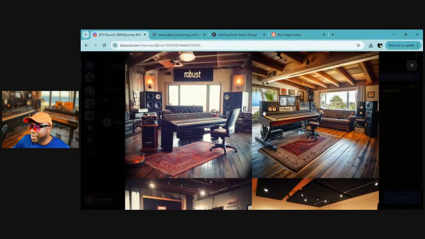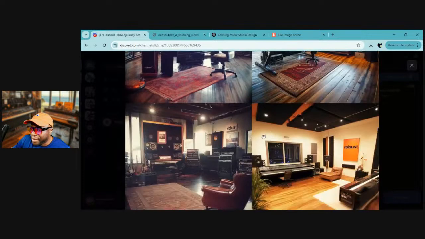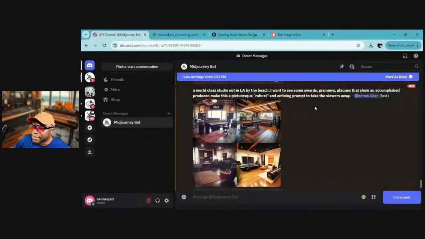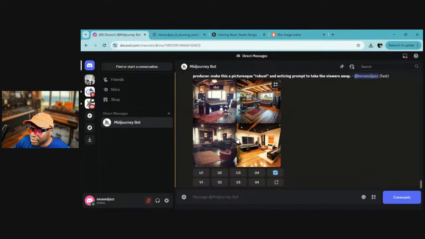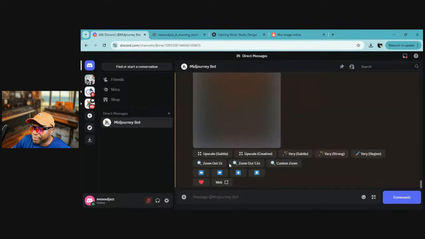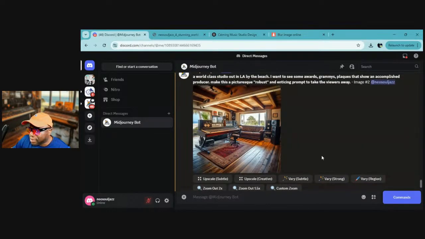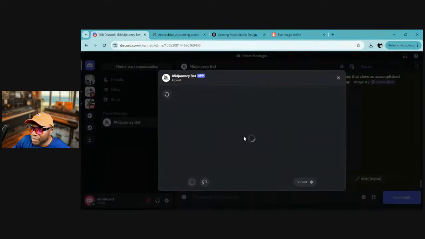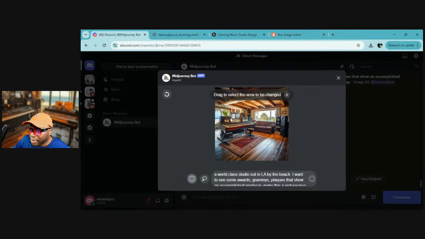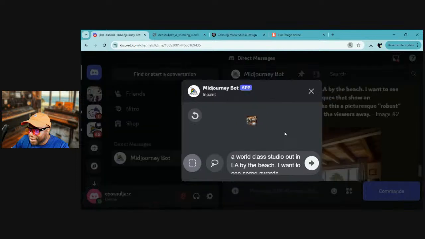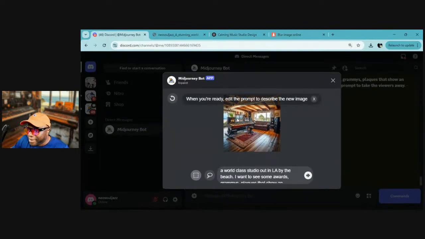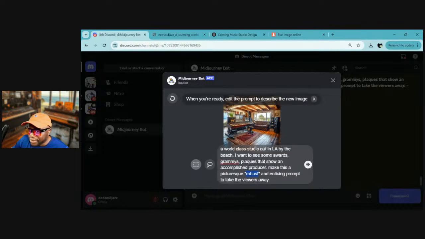There are actually a few things you could do. For the bottom, number two and number three, they're all very nice actually. So let's work with number two first, by clicking U2, and you can vary a region. If I click vary region, it comes up with this. You can select that little region there. I don't know if you're able to see it. It's not going to let me do it, but I selected the word that appeared that I didn't want,